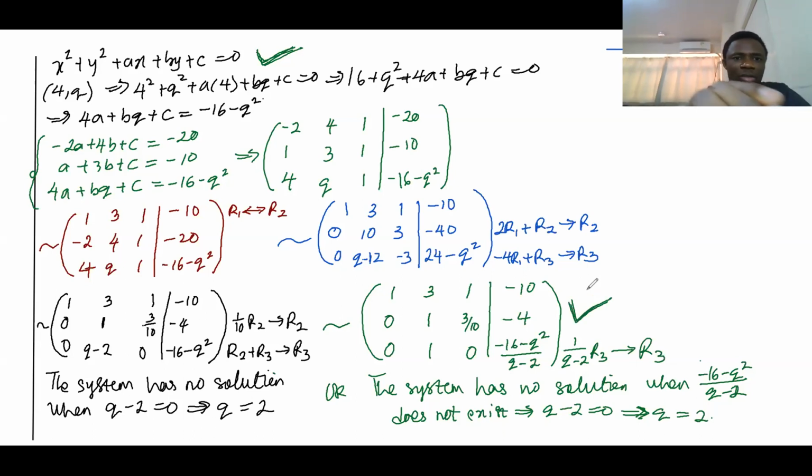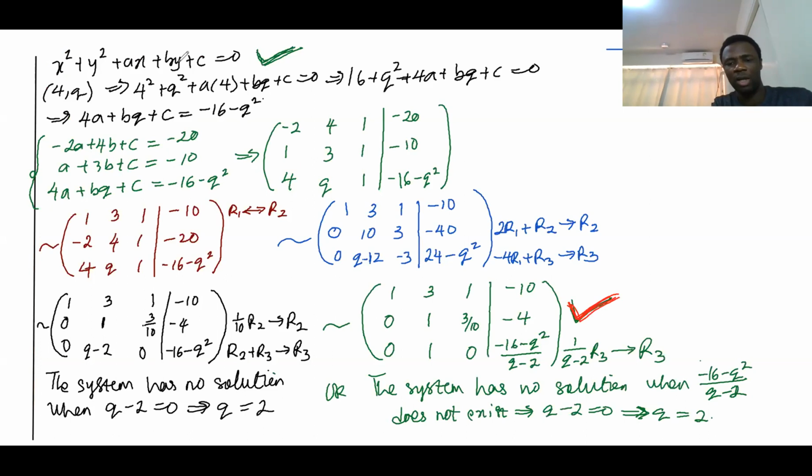Let me use a different color. So from here, put Q is equal to 12 and solve. Even if you have done it here, you can use this as well. So we're going to substitute Q is equal to 12 here. When Q is equal to 12, let's rewrite this. The last echelon form becomes